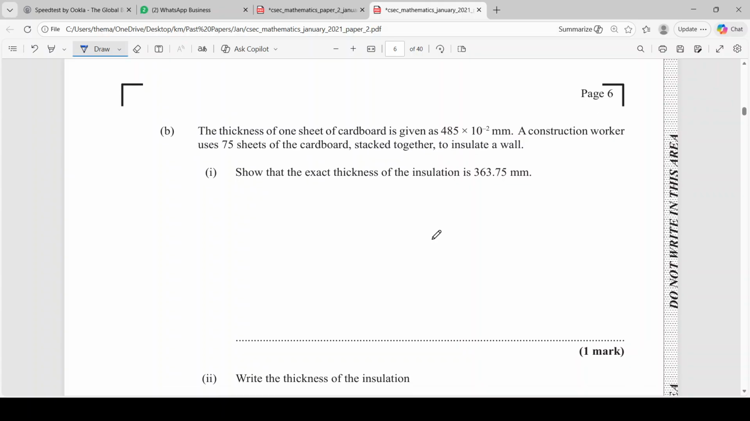Right. Part B, the thickness of one sheet of cardboard is 4.85 by 10 to the negative 2. A construction worker uses 75 sheets of cardboard stacked together to insulate a wall. Show that the exact thickness of the insulation is 363.75. Right, so obviously we cannot use this, our final answer has to be this, right? So if one sheet is